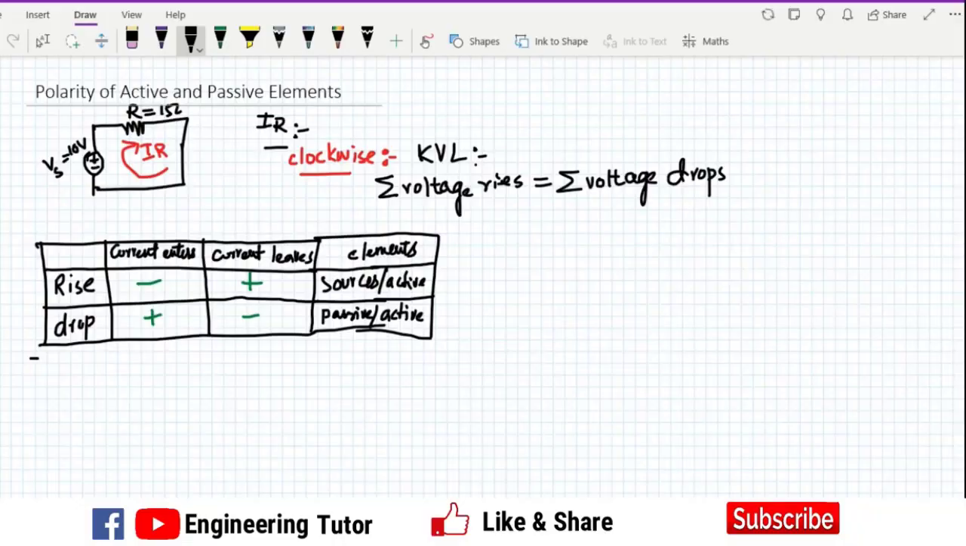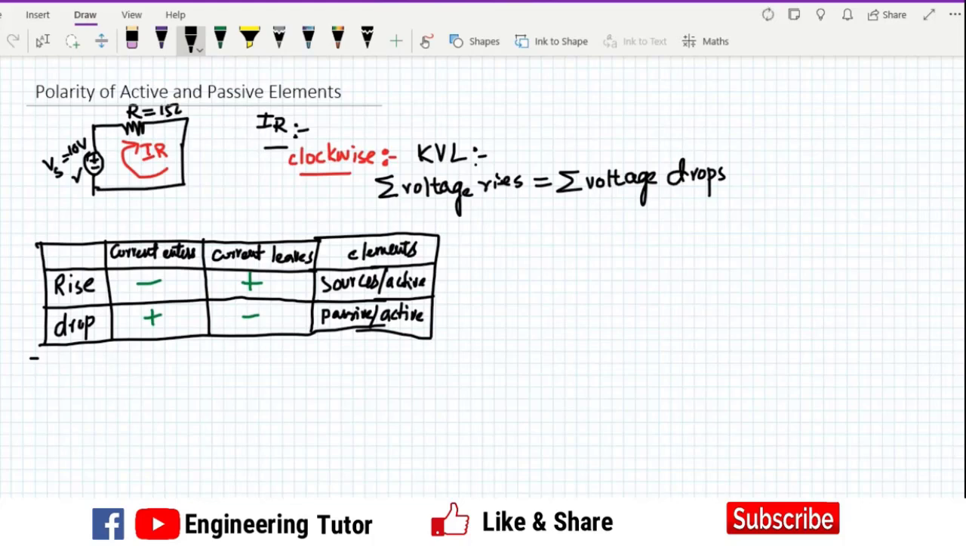This is basically the table which shows us the concept of voltage rise and voltage drop, and for it we should always have the polarity across all our elements. When it comes to the voltage sources, the polarity is already defined because all the DC voltage sources have a negative terminal and a positive terminal. But what about the passive elements? Just like here, the resistor doesn't have a predefined polarity, so